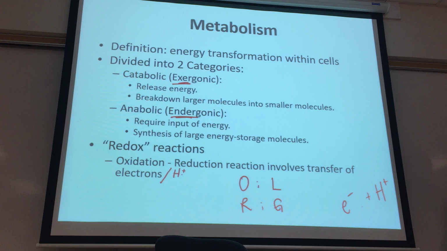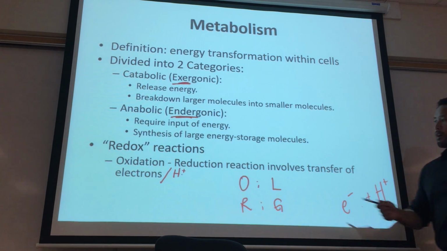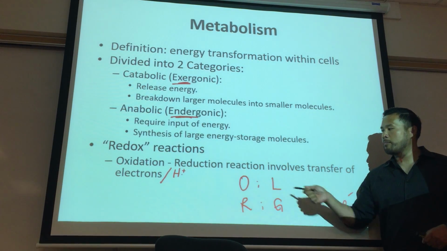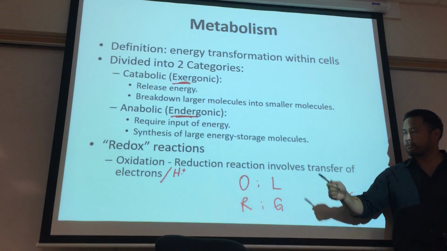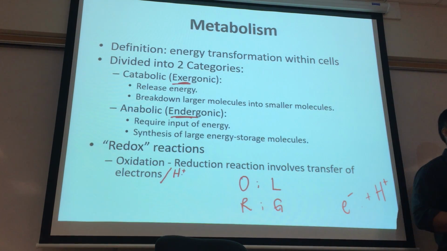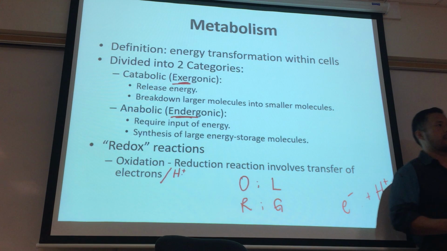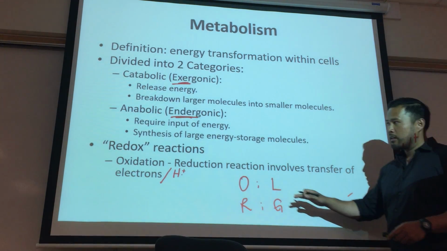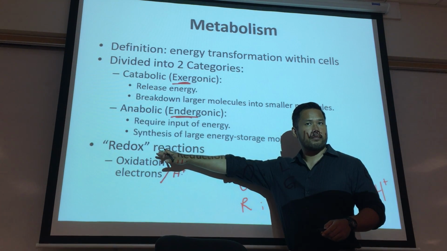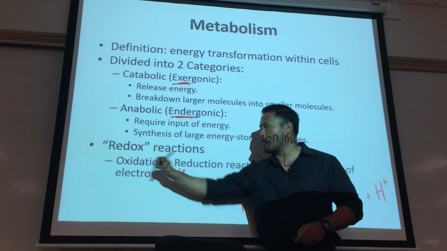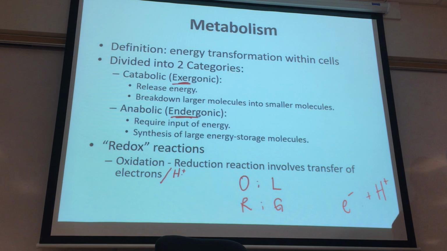The way you can remember whether a reaction is oxidation or reduction is this mnemonic that I just drew out for you: OIL RIG. Oxidation is the loss of electrons, while reduction is the gain of electrons. And I'll give you an example in our next slide. Redox reactions are a combination of reduction and oxidation. An example of that